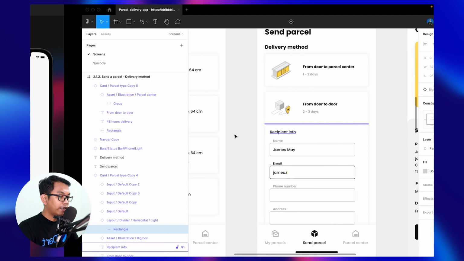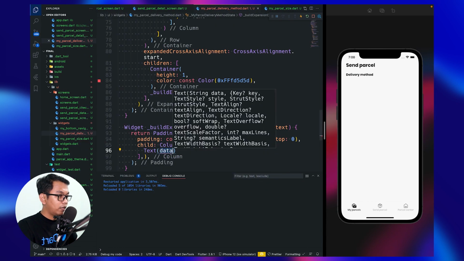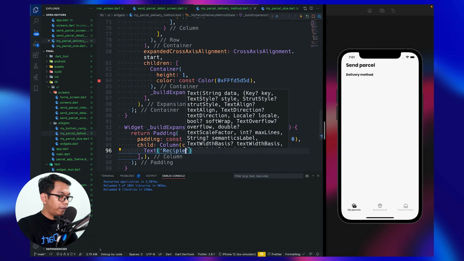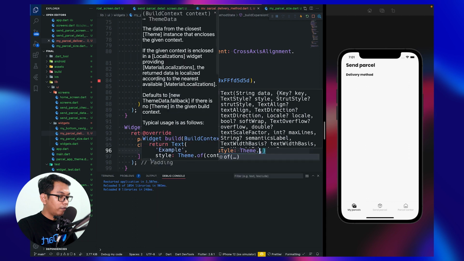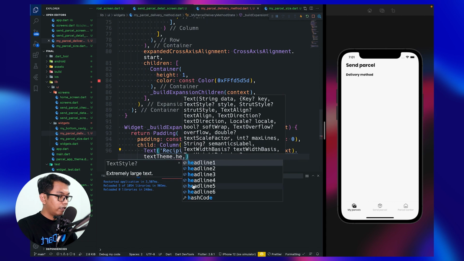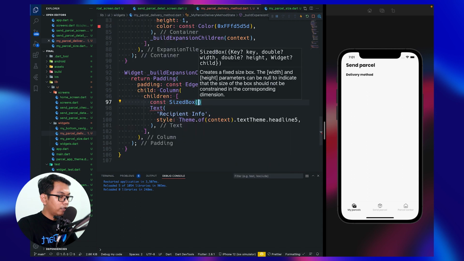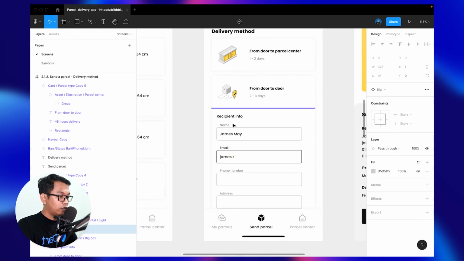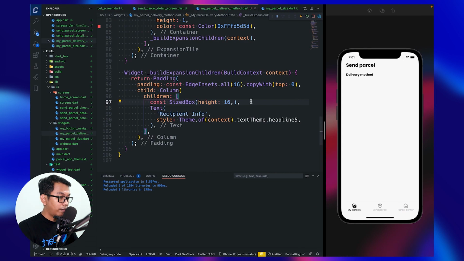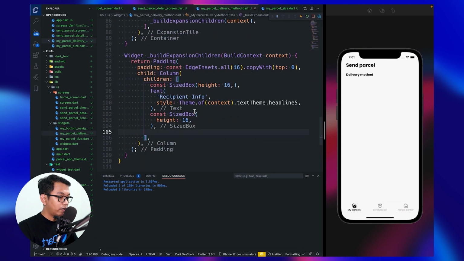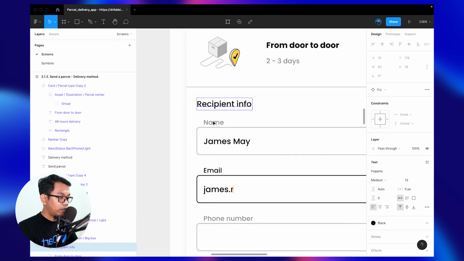So recipient. The first is a text widget as usual. Right here, recipient info. And for the style, theme of headline 5, look like this. And we need to add this SizedBox because we want to add this. It's around 16, and copy this, paste here, and now copying this again, paste here, and now we want to